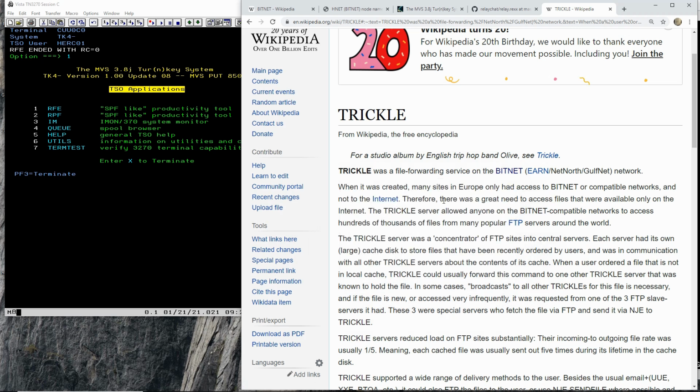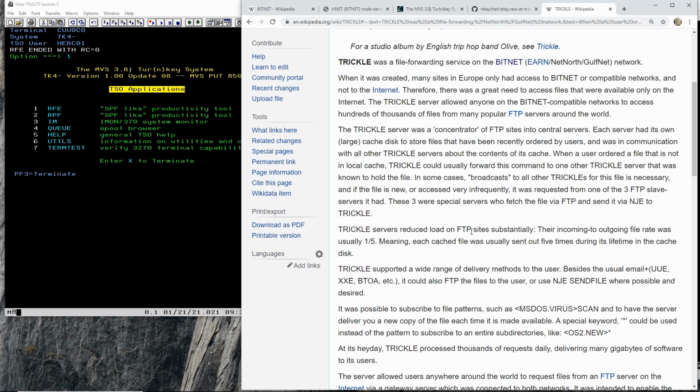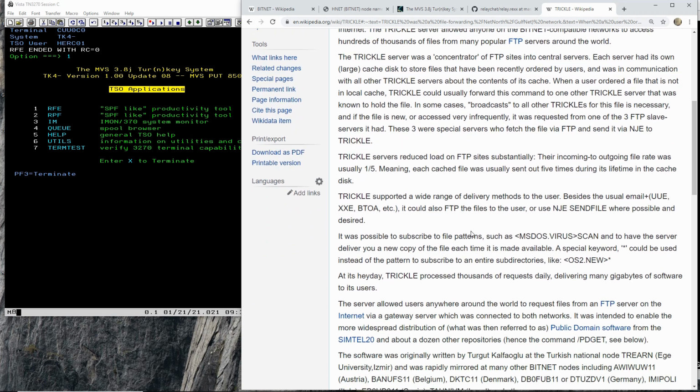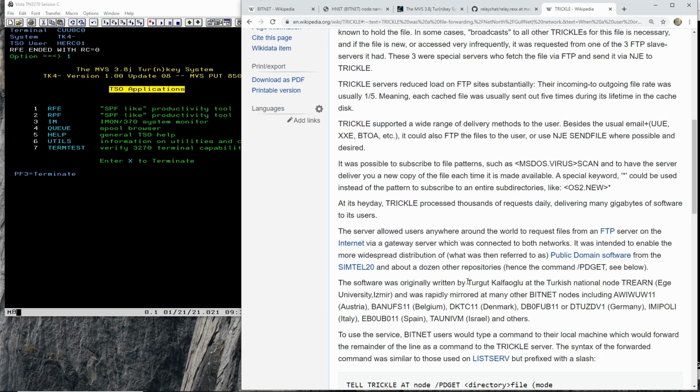It was created when many sites in Europe only had access to Bitnet on compatible networks and not to the internet. And so they wanted to get files, such as programs, such as text documents, anything. And so this person in Turkey, at the university in Izmir, Turgut Kalfuglu, he was running the TR node at the Ege University in Izmir, and he wrote